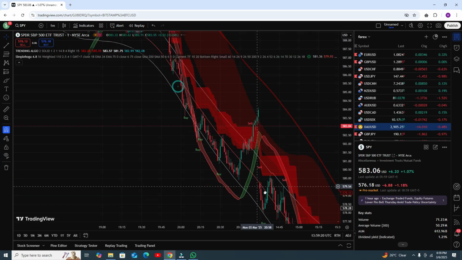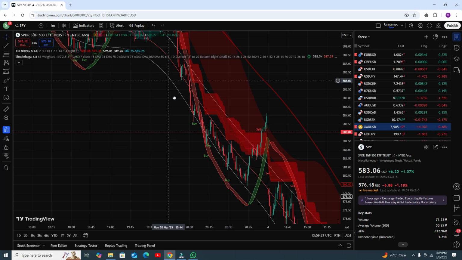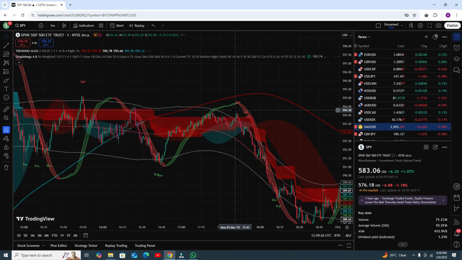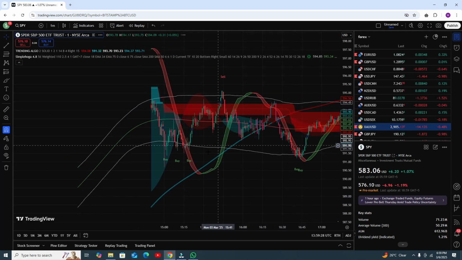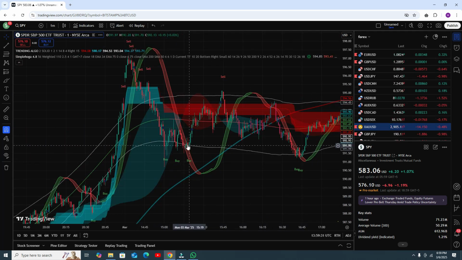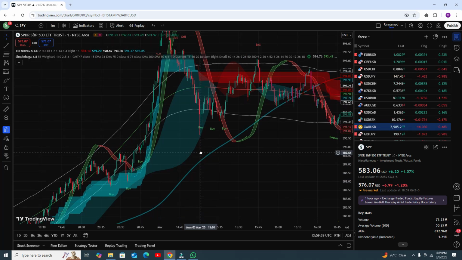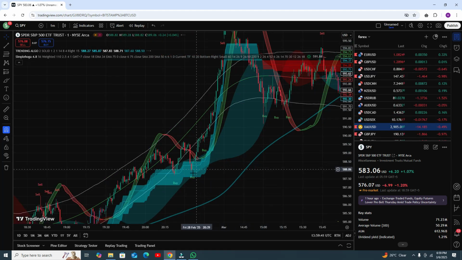Okay, let's discuss more. This one is a strong sell condition. That is a strong sell condition. That is a strong buy area. That is actually not a strong buy, but it is a weak one. We will discuss the weak signal later, but here we need to discuss only strong conditions.